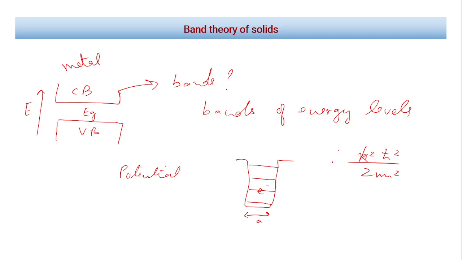But when this localization happens, the energy levels split up. It doesn't remain continuous, but it takes discrete values. So electrons can only be in this state or this state or this state, likewise. So what happens when the distance between energy levels, at some point, is very close to each other,